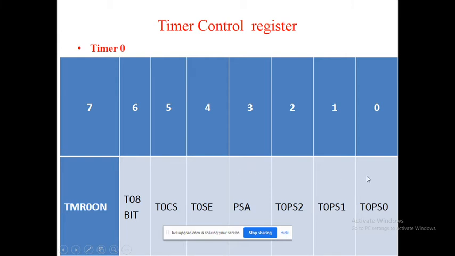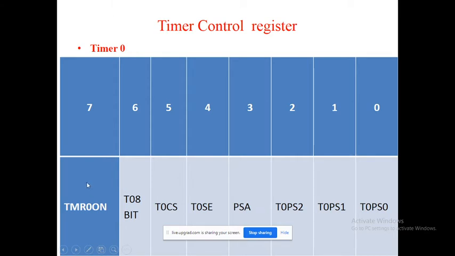Okay, you can change your choice, because nothing is mentioned in the problem statement about whether they want an 8-bit timer, 16-bit timer, rising edge, or falling edge. Nothing is mentioned, so decide yourself what you want. According to that, just calculate the control word and place it into the timer control register.